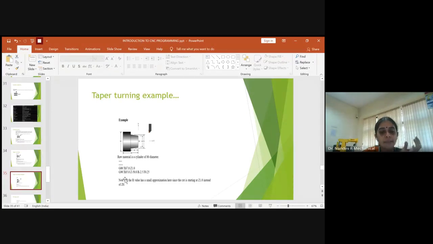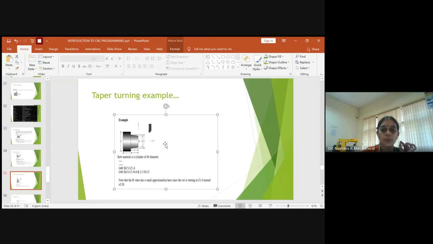So here the same thing. Initially you will go with the rapid traverse. You will fix the tool away, near to the workpiece, and then you go for taper turning. G90 stands for taper turning and you provide the dimension for the x-axis, which is 65. Okay, and then Z is minus 50 because it has to go inside from this distance to this. It is moving in negative direction.